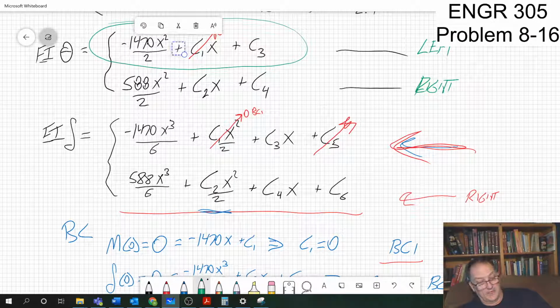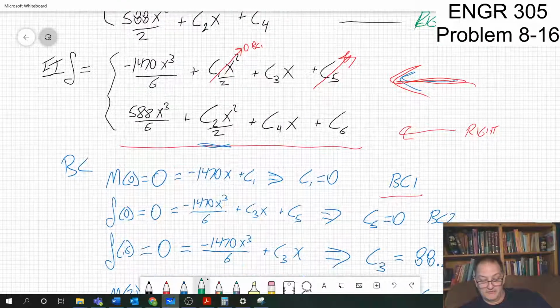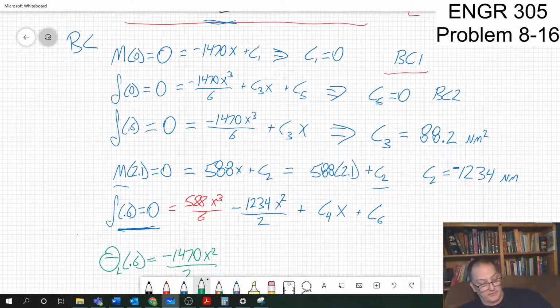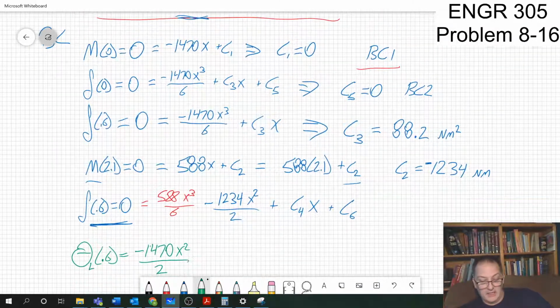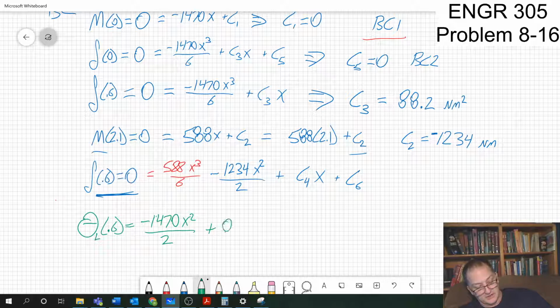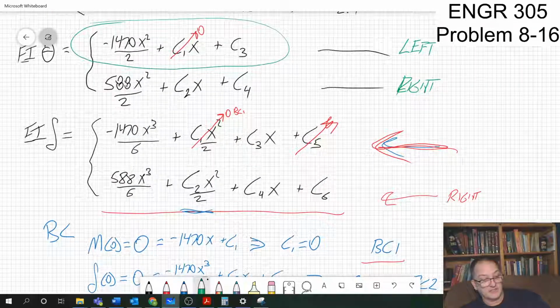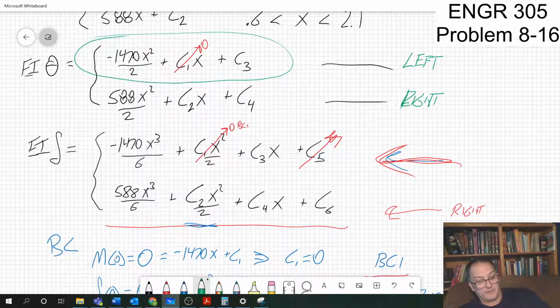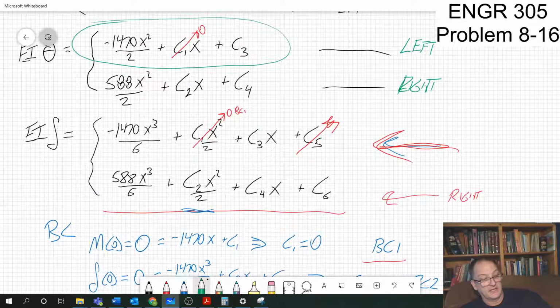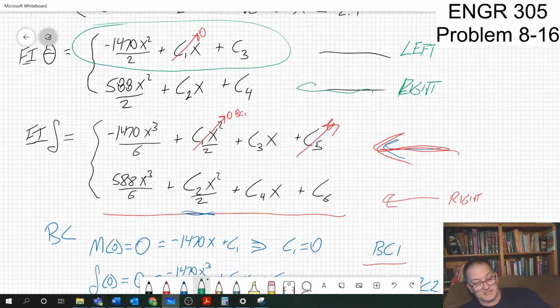C1 went away, plus C3. I solved for C3. It's 88.3, plus 88.2. Is that right? Okay, so minus and then a plus. Minus that, plus that, and it's C3's down there. And that's going to be equal to this